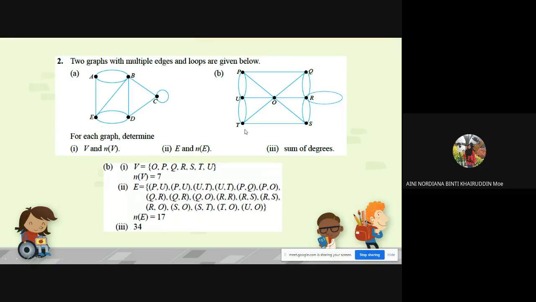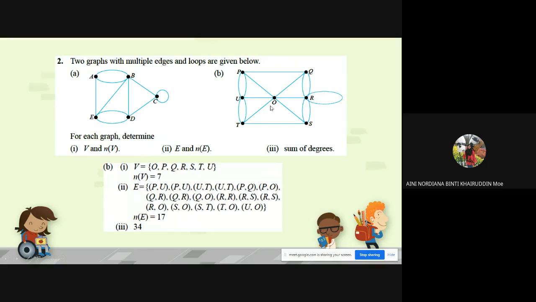UT, UT, PQ, PO, QR, QR, QO, RR for loops, RS, RS, RO, SO,